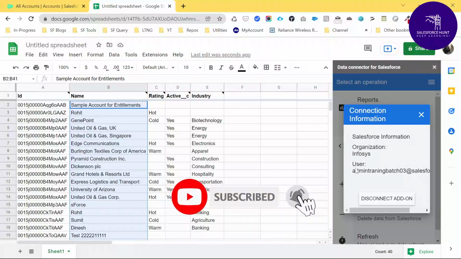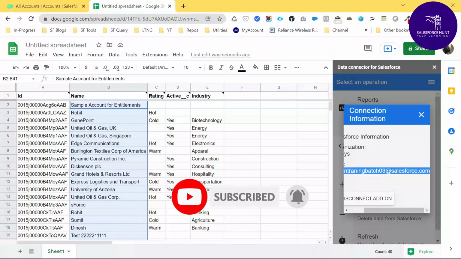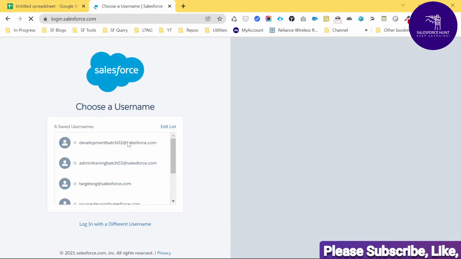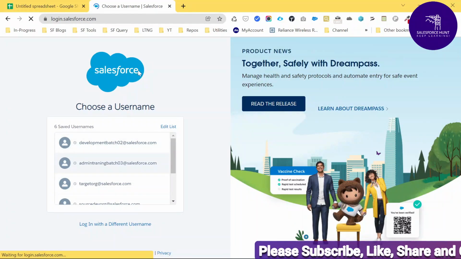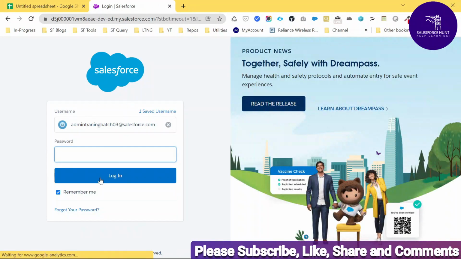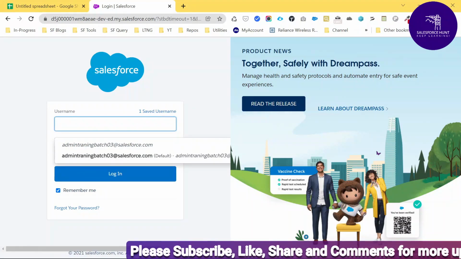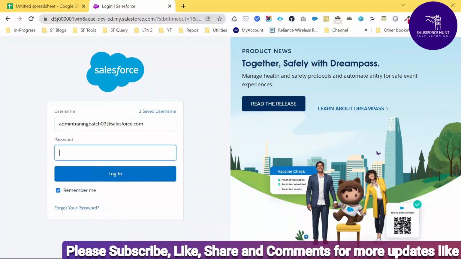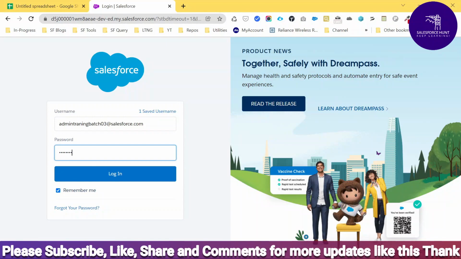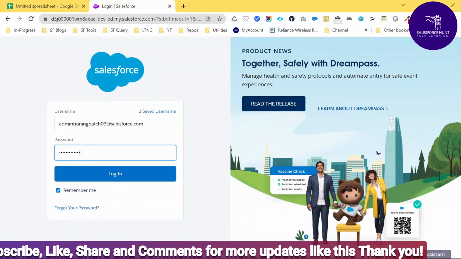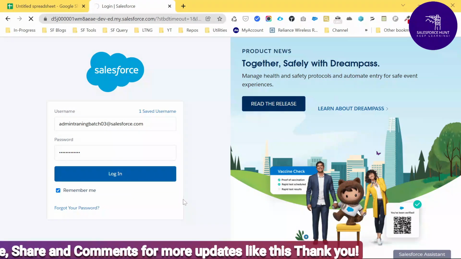Just click this, and you can see the admin username. Let me copy this username and check it against these records. Then enter the password and click on the login button.